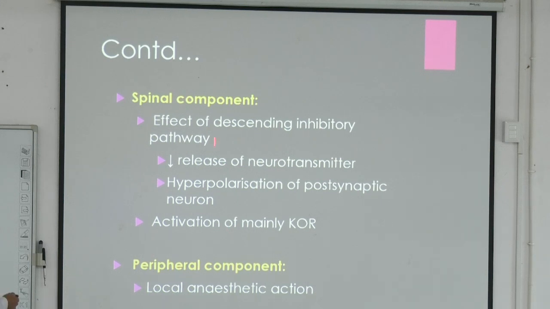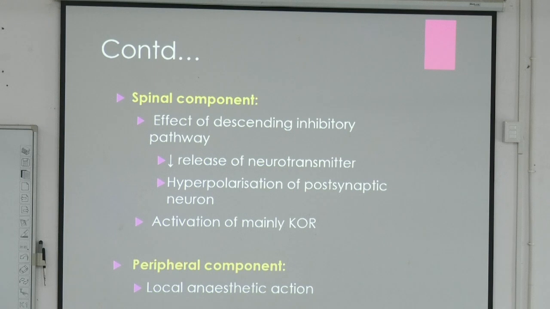And this spinal effect is mainly done by kappa opioid receptor. Next is the peripheral component. It has been seen that they can cause some sort of local anesthetic effect. So that means if you are asked about the mechanism of action of morphine as analgesic, you have to start from